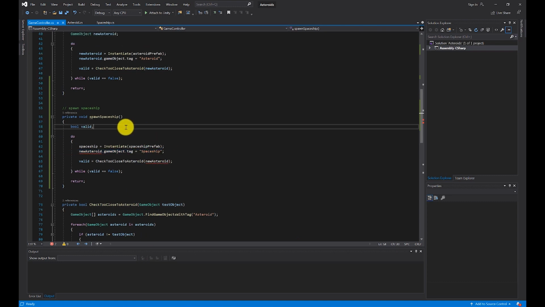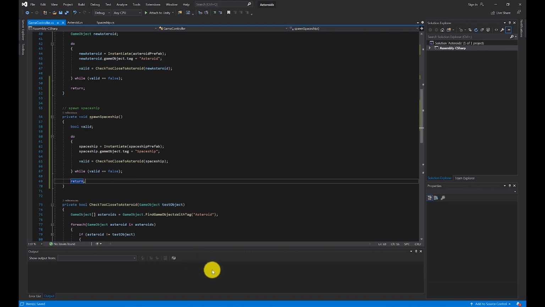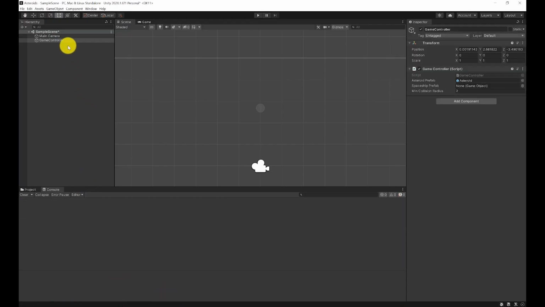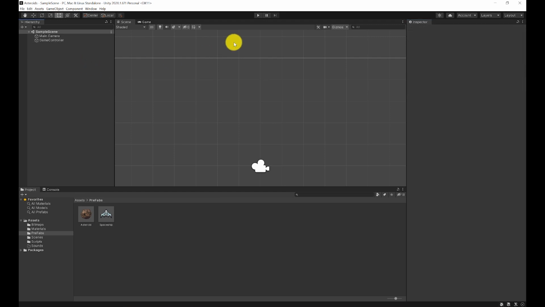This one doesn't load it up. Check the spaceship is too close to a thing. All right. It takes a second to load. Okay, now I loaded it. Spaceship prefab, so I can go here. Spaceship. Do that. Okay. So now when I hit play,